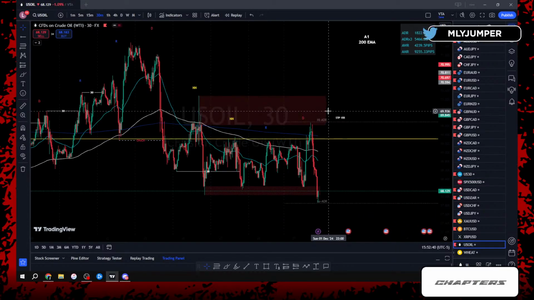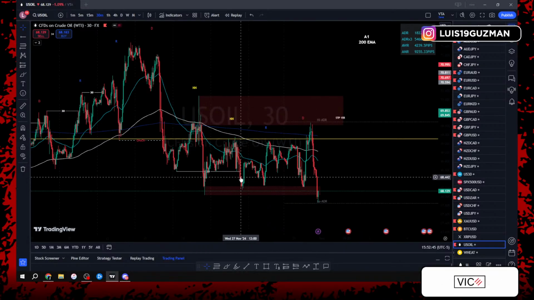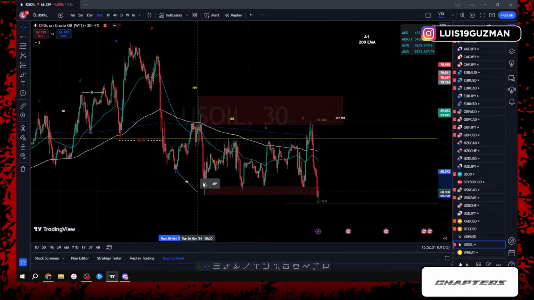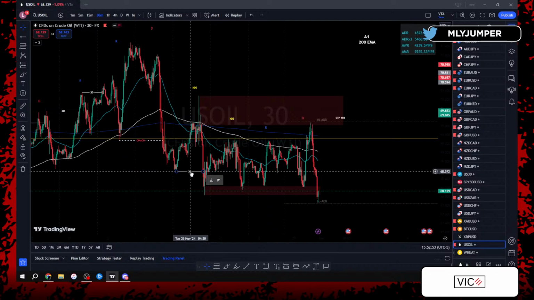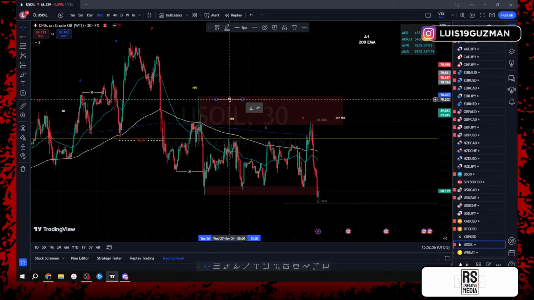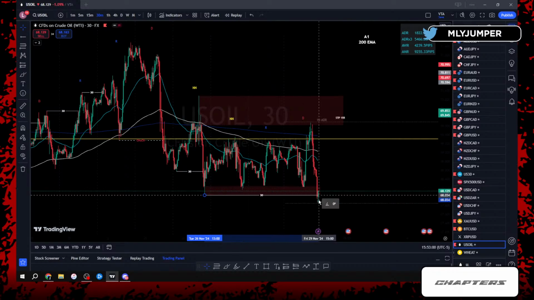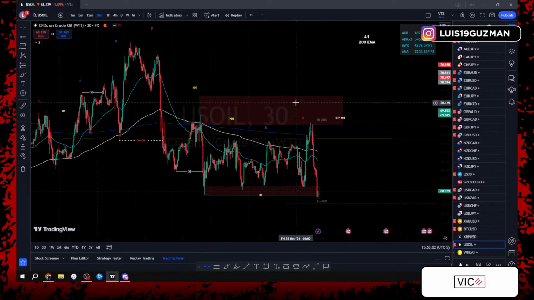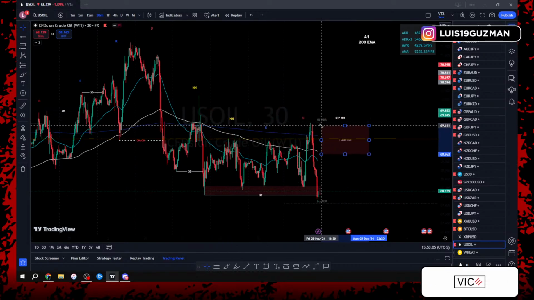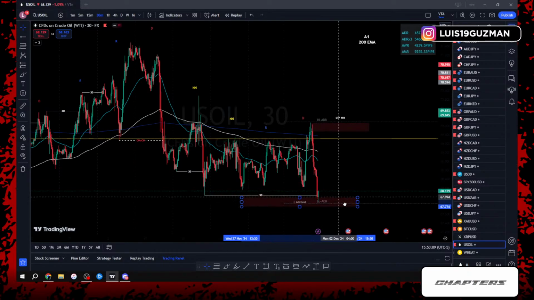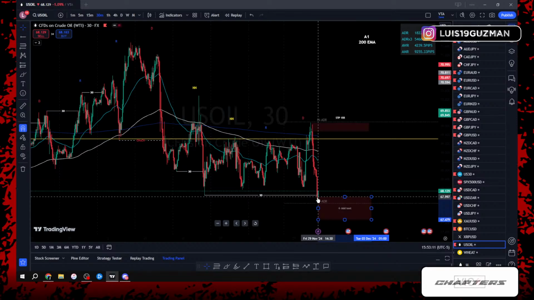Very cautious. So on oil we had change of character, lower low, lower high, break of structure, lower low. Test, came back, test, break. We ended up having lower low, lower high. And then price gave us this lower low, and this lower low broke here and just continued. And so we know now that we're trading between this 30-minute high over here and these 30-minute lows over here.